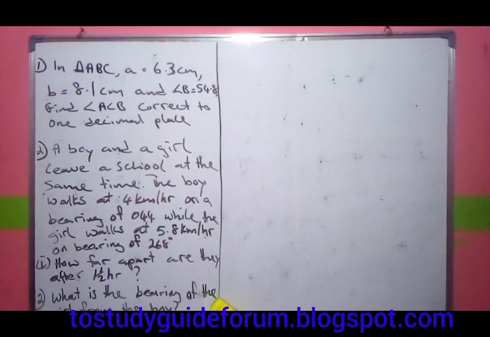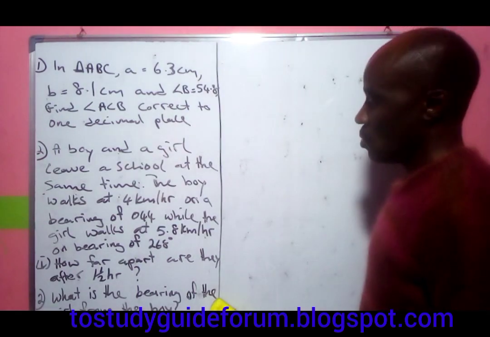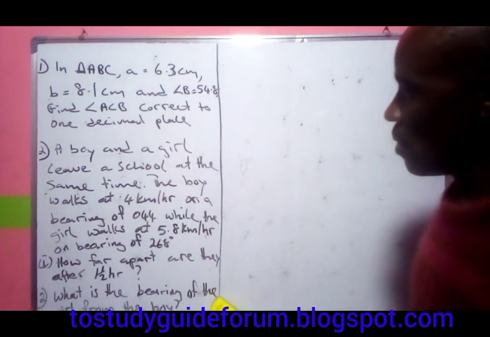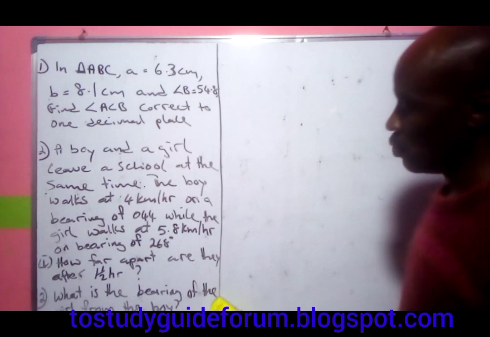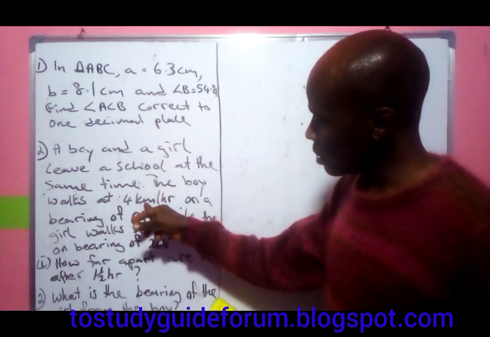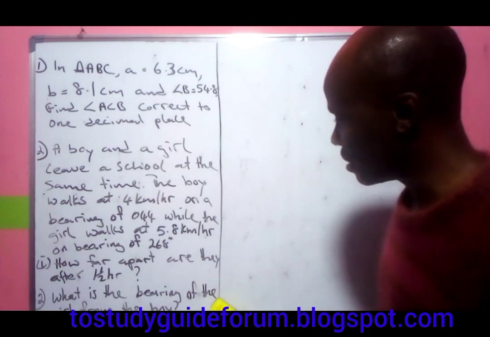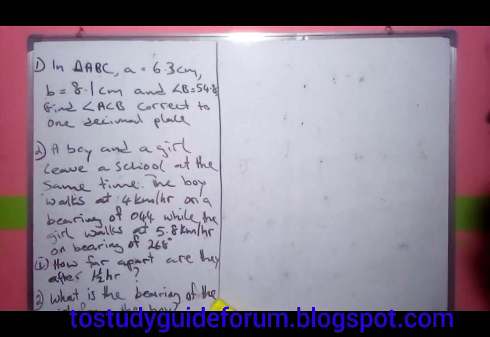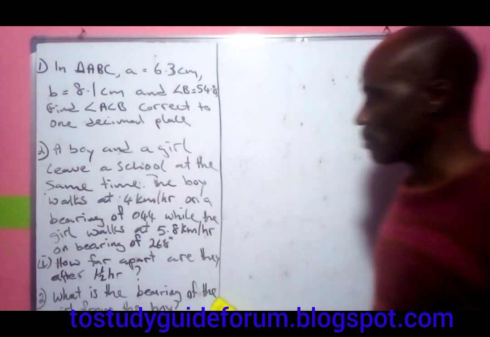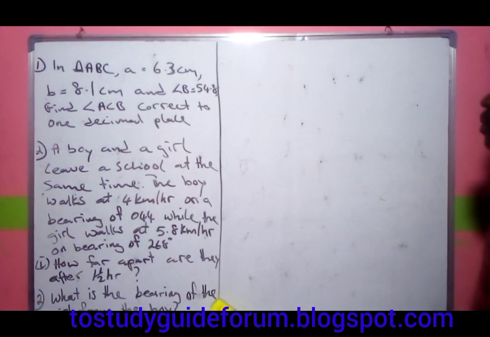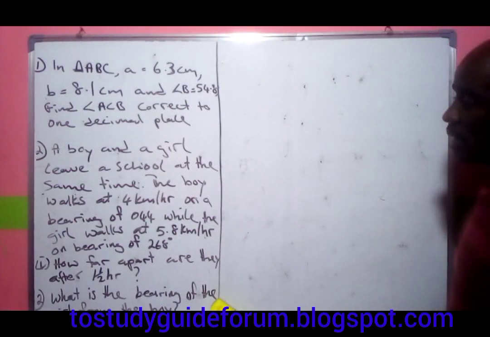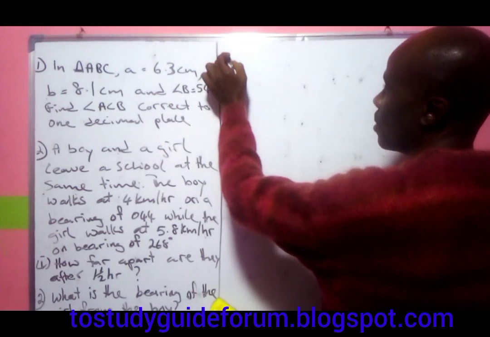So let's look at this. Now, to get this thing done, the first thing we need to know is that this is speed. This other one is also speed. We need to find their distance apart, the distance from the point, away from the school. That's what we're going to get first. The distance now for the boy